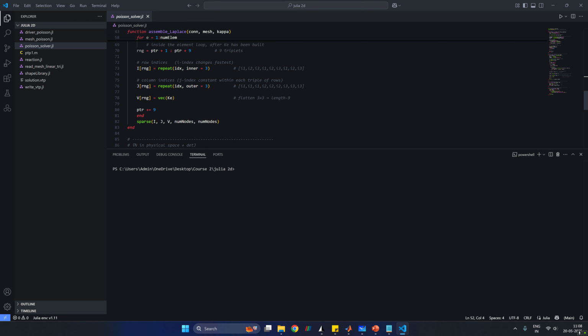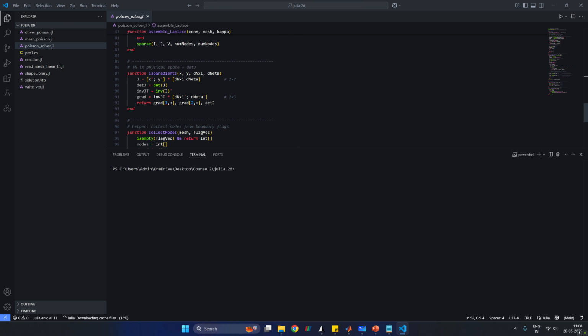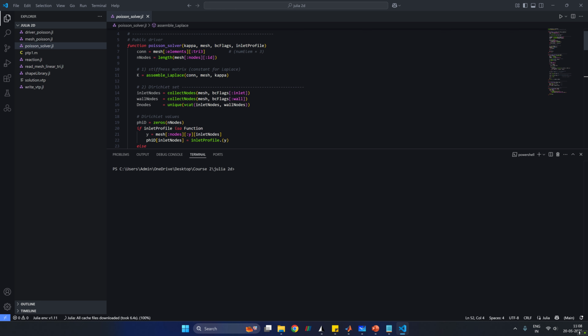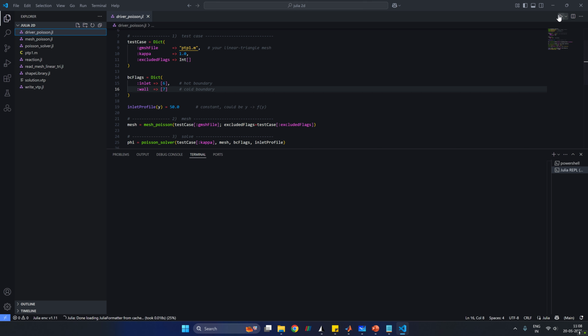So I'm not really going to explain this code. It's really a change of syntax rather than a change in the finite elements. So this just helps you crank up the total number of solvable DOFs. So I can just run, okay, I just have to run the driver. So once I run the driver, I'll just get a solution, and you have a write VTP file here, which will write a VTP file which can generate this solution.vtp, and this you can